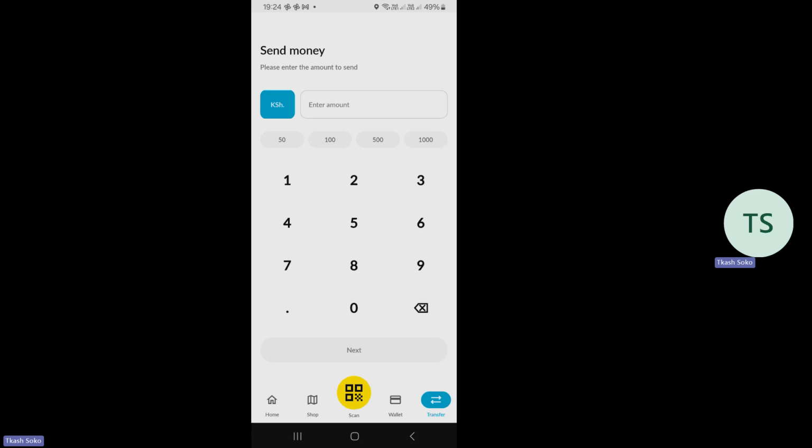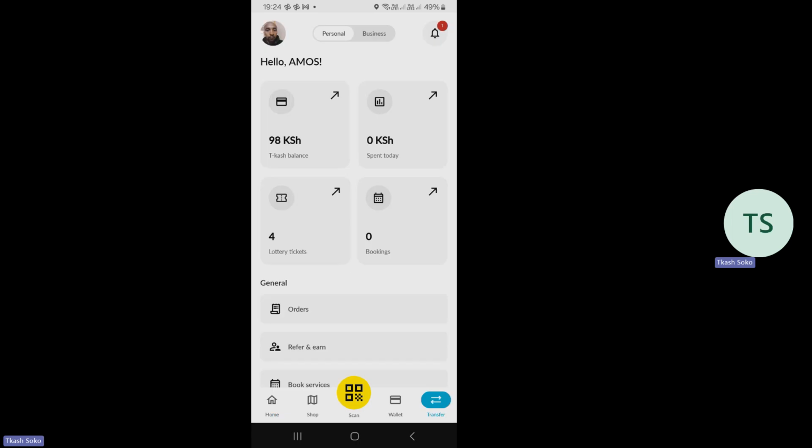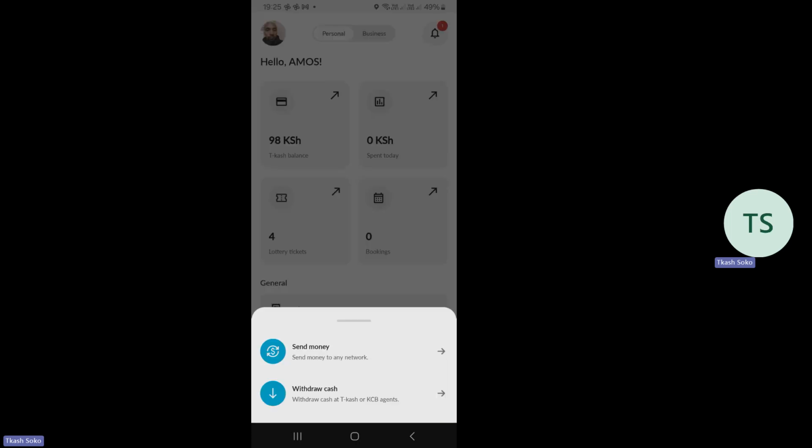How do you withdraw? Ukiwa kwa home under the personal side, utakuja tu pale kwa transfer. Transfer tumesema iko hapo chini kabisa towards your right hand side. Ukikuja kwa transfer, inakupea the two options. There is the send money and there is the withdraw cash. But this time round, what we want to do is we want to withdraw. So for us to withdraw, nitafanya aje? Nitaguza hiyo option ya withdraw cash. Nikiguza the option of withdraw cash,